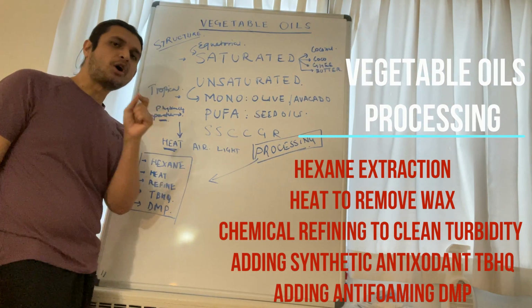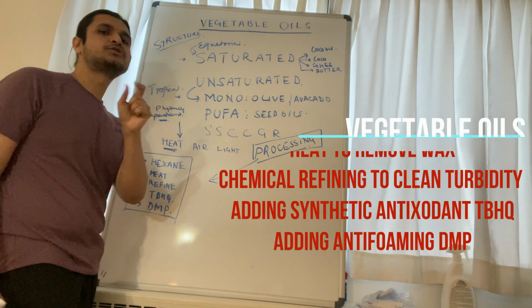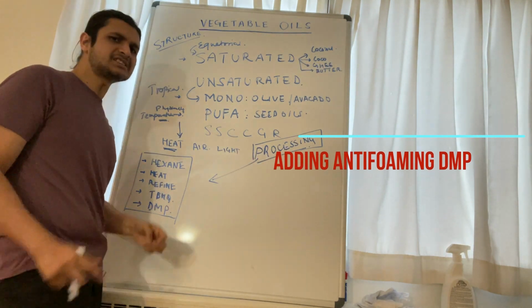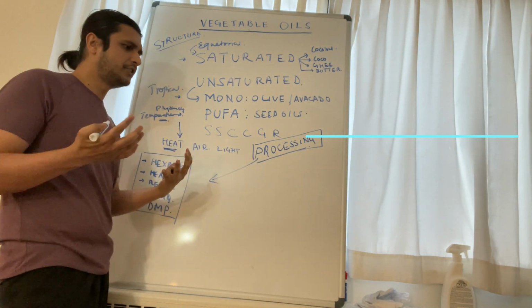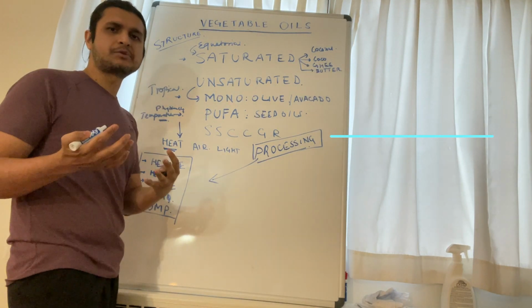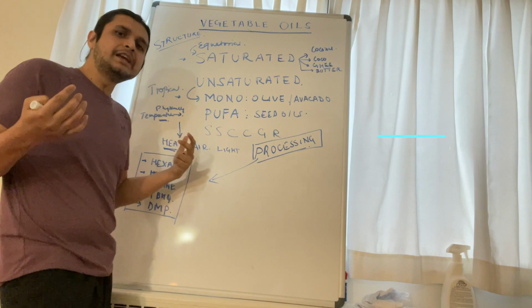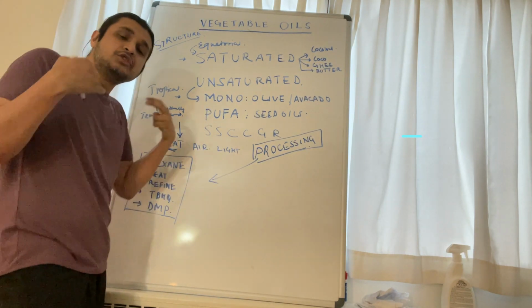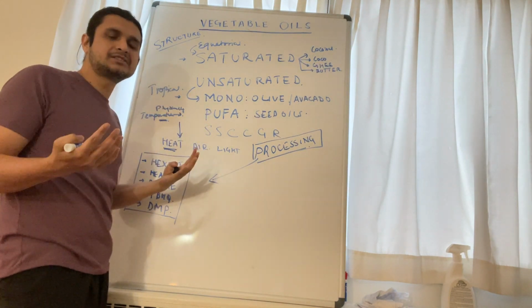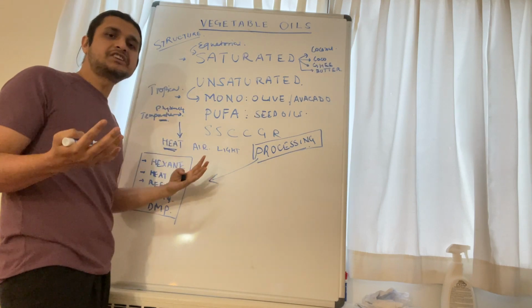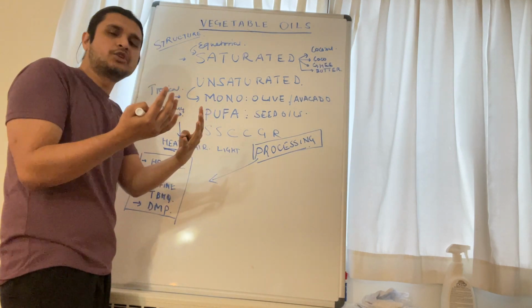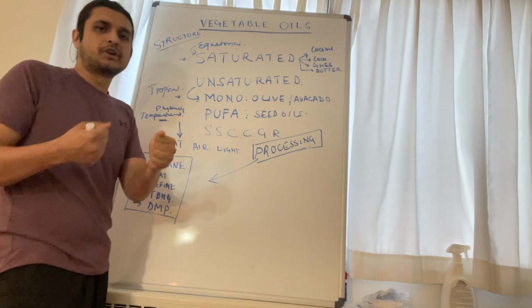Anything the body does not understand, it will store it for a later date. Just like hoarding. Some people, if they have 2 TVs, they'll buy a third TV. 2 laptops, they'll buy a third laptop. 2 cars, buy a third car. They keep hoarding. The body, evolution-wise, has seen so many famines and struggle, starvation, that anytime it sees some molecule or calorie-dense thing, it will just store it.